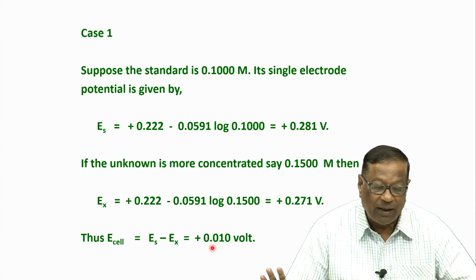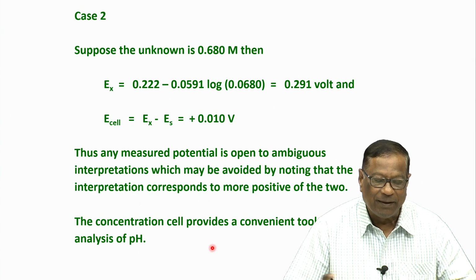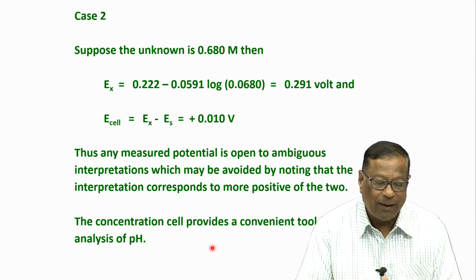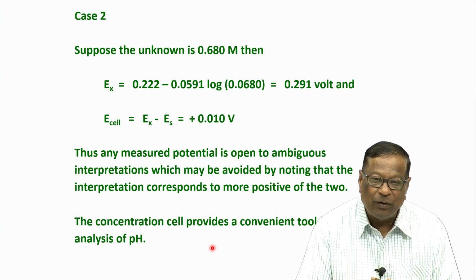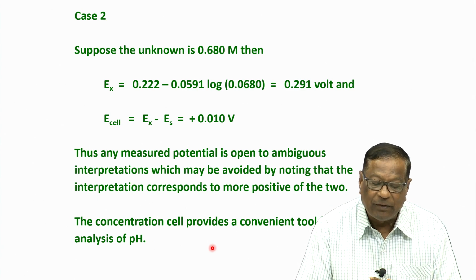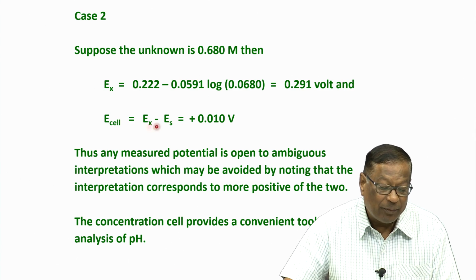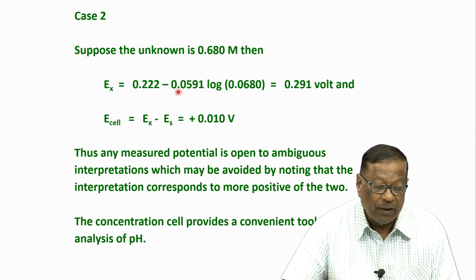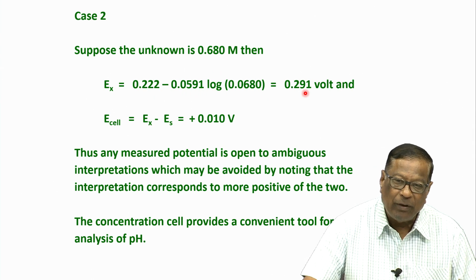Now, consider another situation. Okay. So, look at the slide now. Suppose an unknown is having 0.680 molar silver solution, unknown X. The other one is 0.1 molar. Okay. So, I write an expression 0.222 minus 0.0591 log of 0.0680, that gives me 0.291 volt,